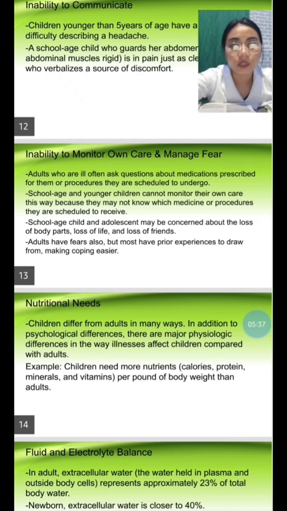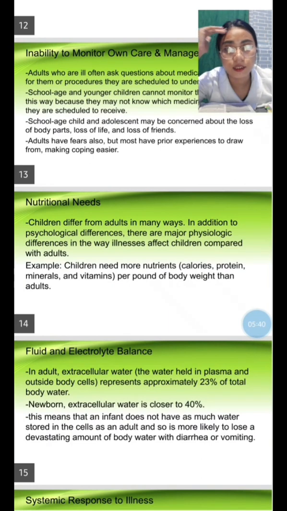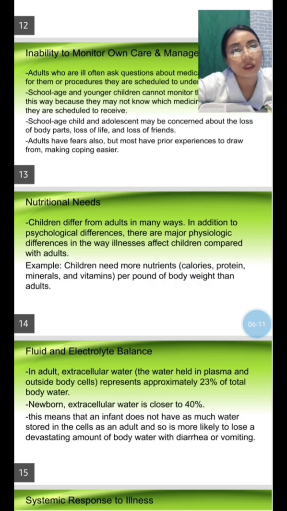So let's proceed to the nutritional needs. Children differ from adults in many ways. In addition to psychological differences, there are major physiologic differences in the way illnesses affect children compared with adults. For example, children need more nutrients, such as calories, protein, minerals, and vitamins per pound of body weight than adults. So, the child who must